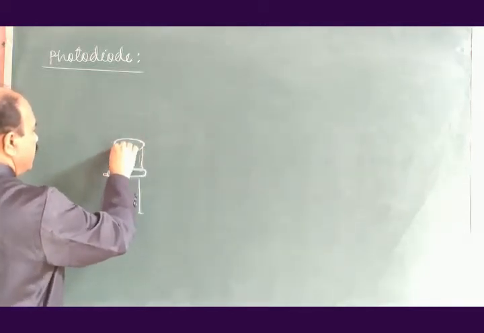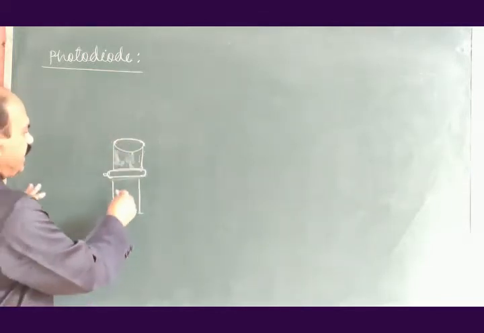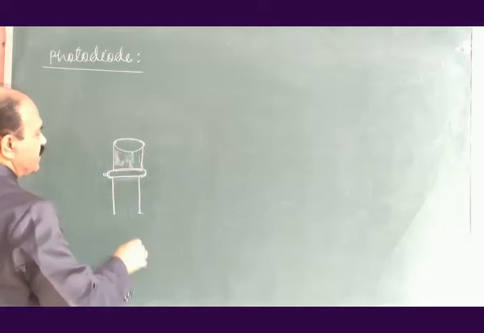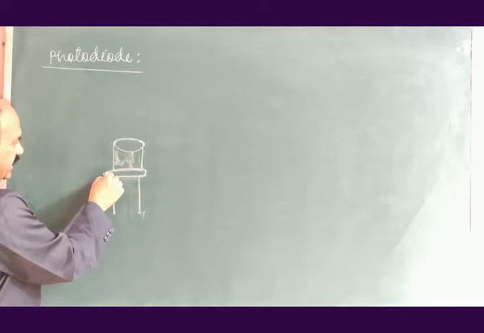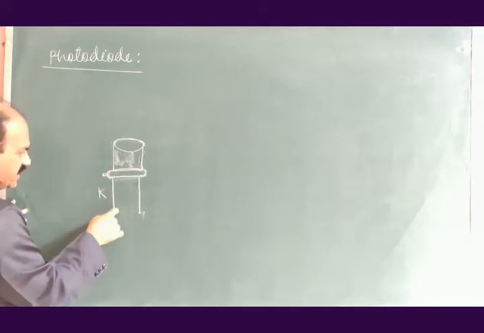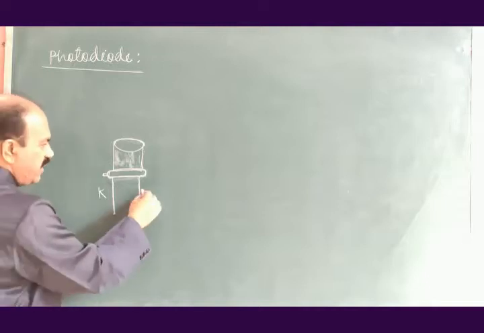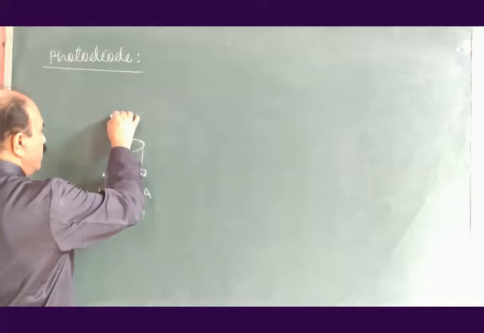This is the metallic case. Inside this metallic case, the P-N junction diode is encapsulated. And this is a metallic tab, which represents that this terminal is the cathode terminal, and this terminal is the anode terminal. This is the glass window.